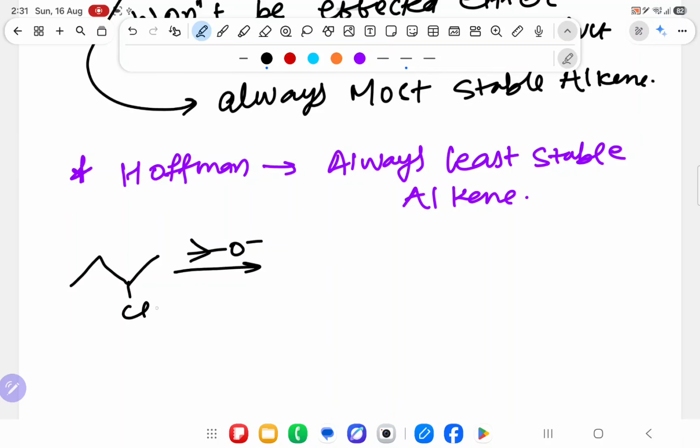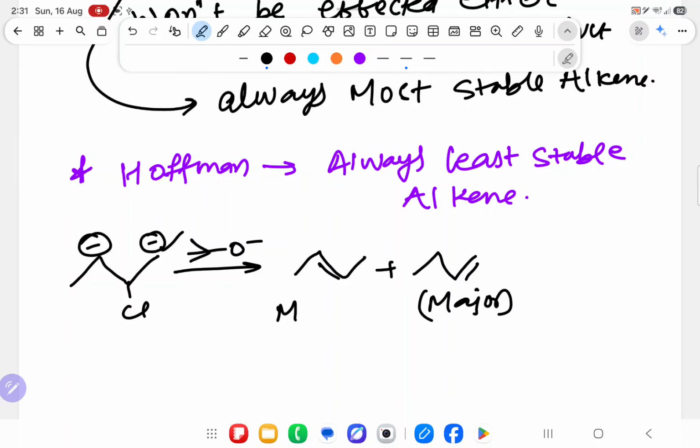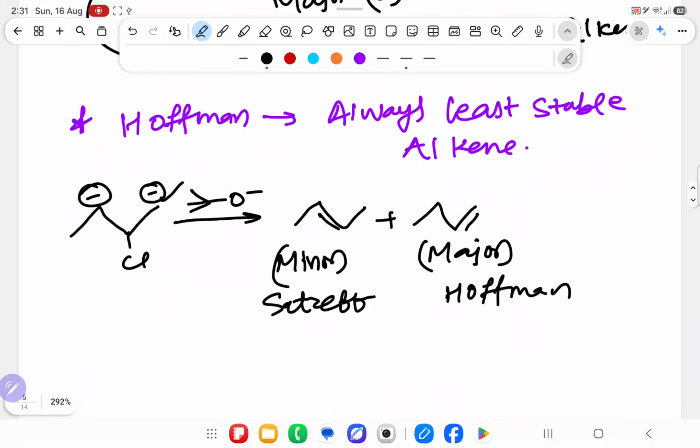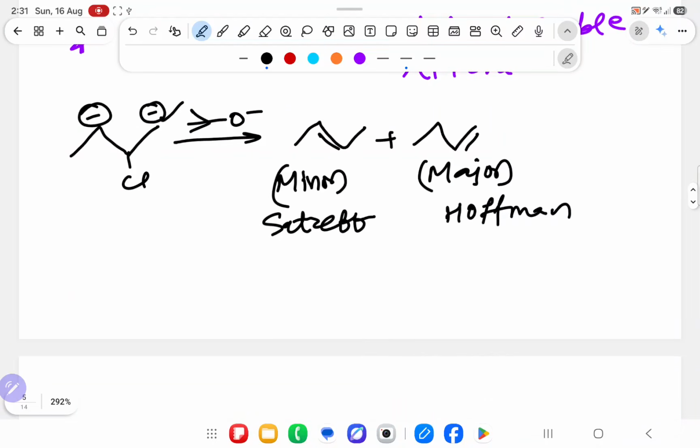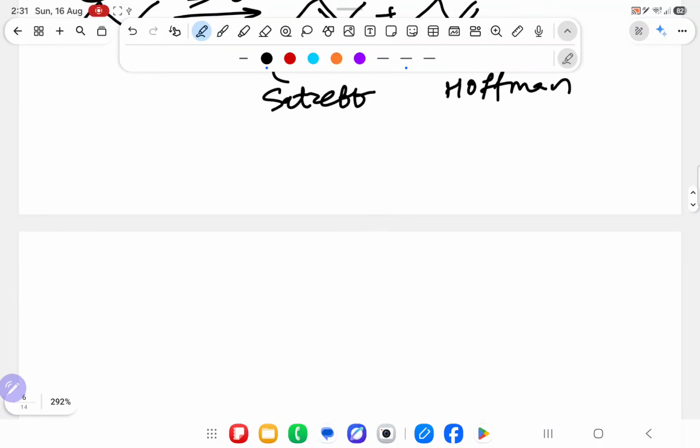What will you say over here? Suppose Cl is a bulky group; this minus is more stable. So over here we will get one double bond here, and another double bond there. This is the major product, and this is the minor product. But still it is Hofmann. Either the major is Hofmann because it is the least stable alkene, and it is Sedgwick. Understood? I hope you are all able to understand what I am trying to explain, but still